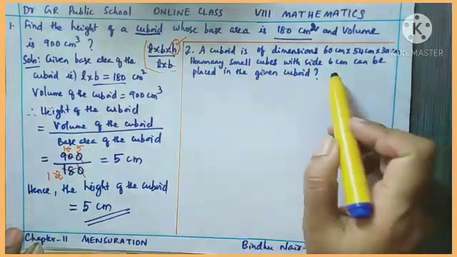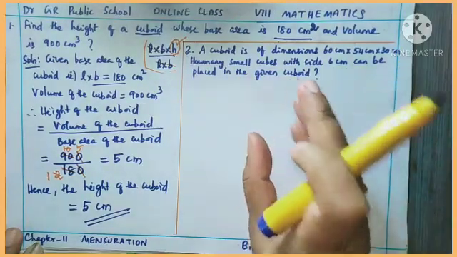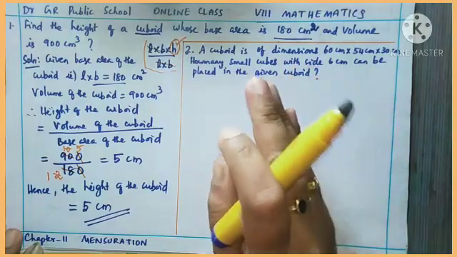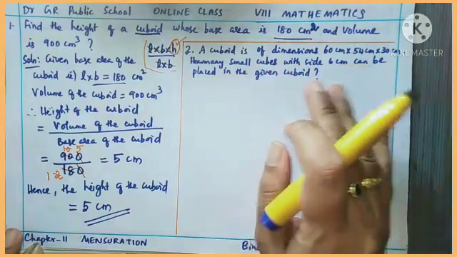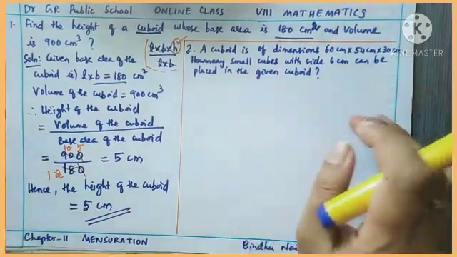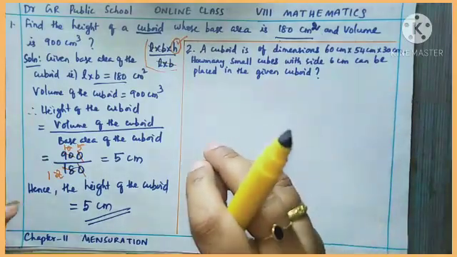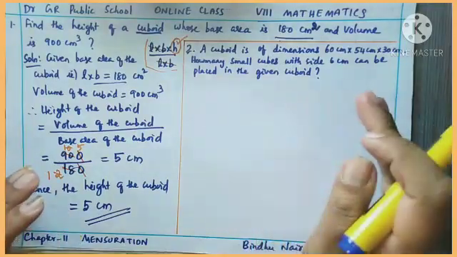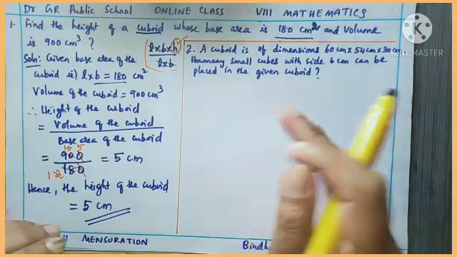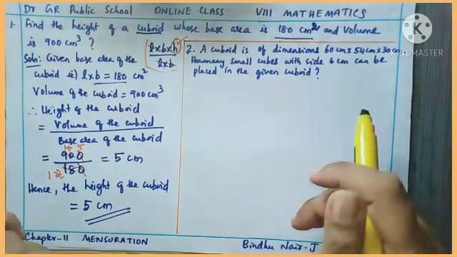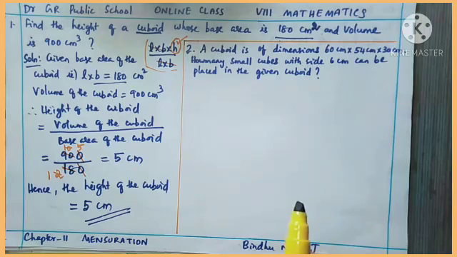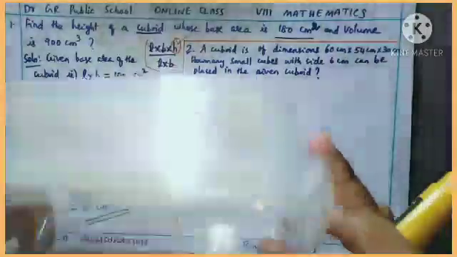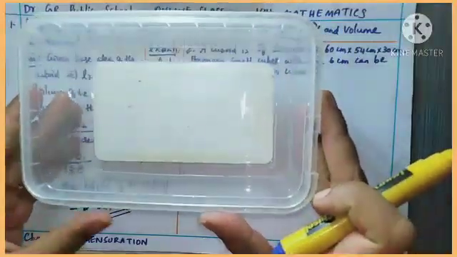So all the sides here, equal side is 6 centimeter, and this small cubes we are going to arrange in this cuboid. So imagine this cuboid may be some big one box like structure. Okay, it is a rectangular box, and this small cubes we are going to arrange inside this cuboid. So the question is, how many small cubes we can place in this cuboid? For example, I have a box here. It is not actually cuboid shape, but you can imagine this is a cuboid. Okay, so this is a rectangular box here.